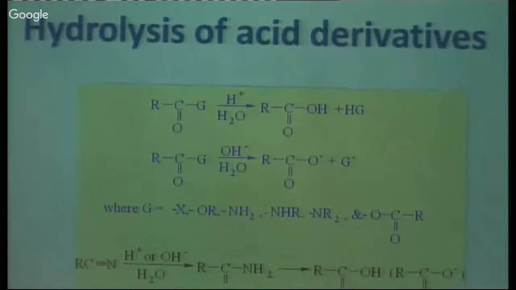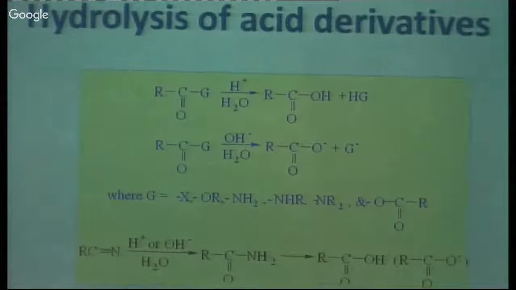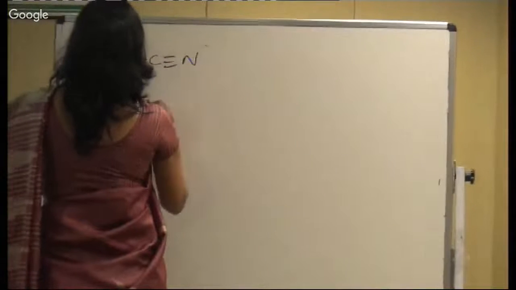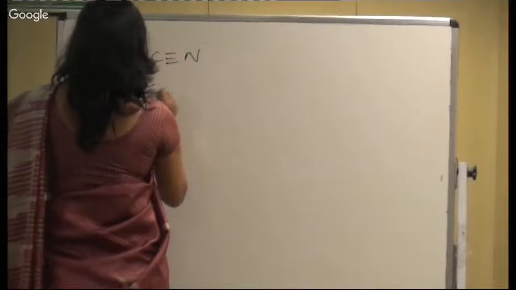Let us see how this reaction takes place. Now that we have written the general reaction for the acid derivative, you should be able to understand how the reaction will take place. For example, if I have a nitrile and I react it with alkali,